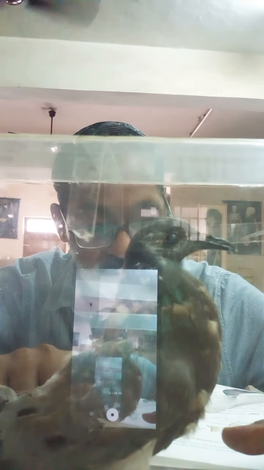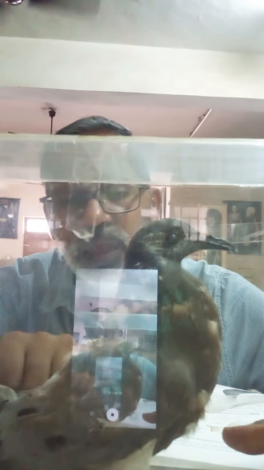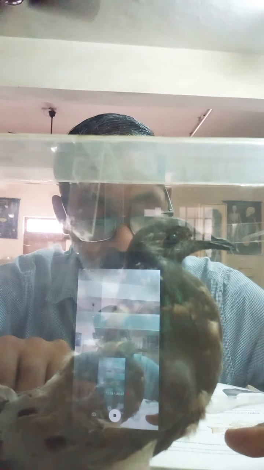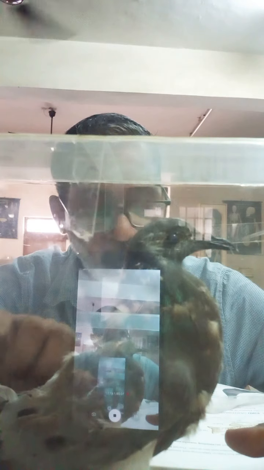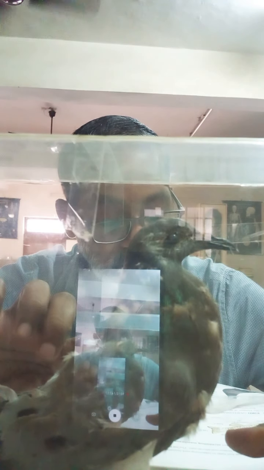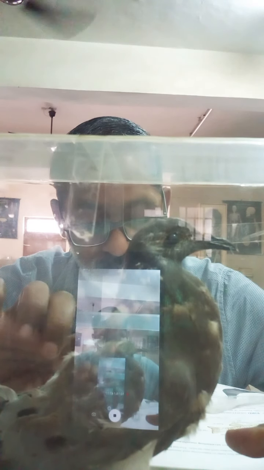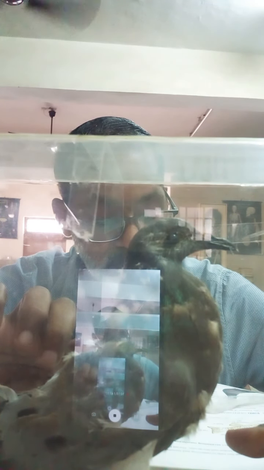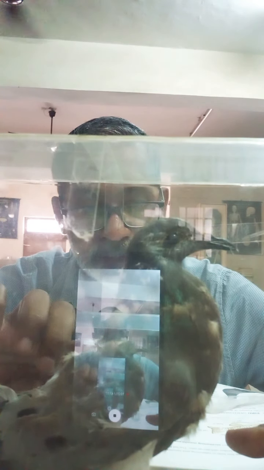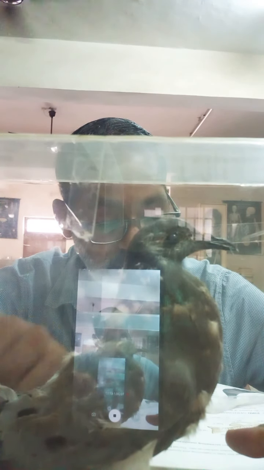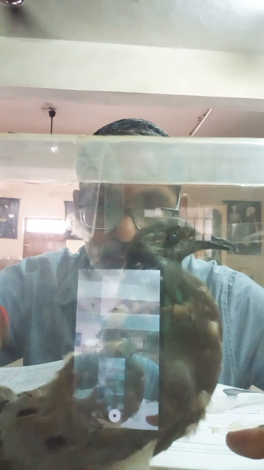The forelimbs are modified into wings. It has forelimbs and hind limbs. Forelimbs are modified into wings, and the hind limbs are modified into legs, which help it in clinging. The body is covered with feathers to provide insulation. Strong, well developed pectoral muscles help in flying. The tail feathers act as a rudder.